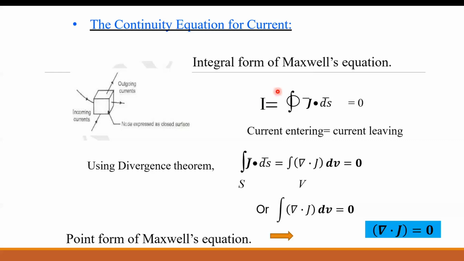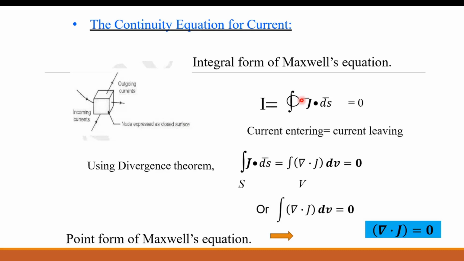So what is I? I is equal to the closed integration of j bar dot ds bar, or the closed surface integration of j bar dot ds bar. But if the surface integration is getting closed, right, means what? If you relate a surface, and that surface becomes closed, then it will become a volume like this. Okay, so if the surface becomes closed, then the quantity reduces to 0. So I is equal to 0 if this integration is closed.